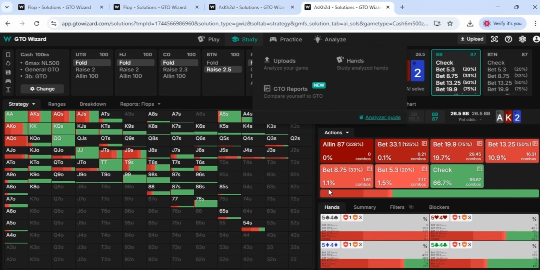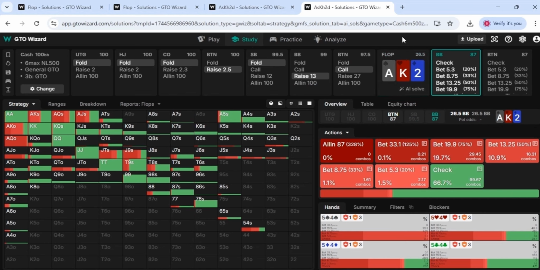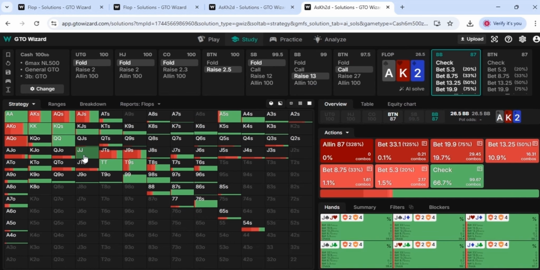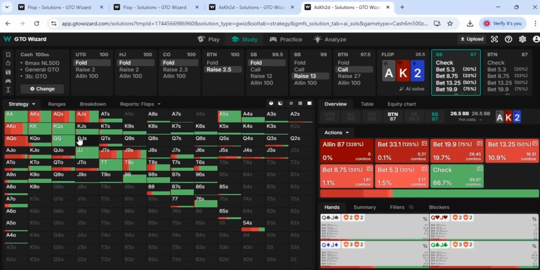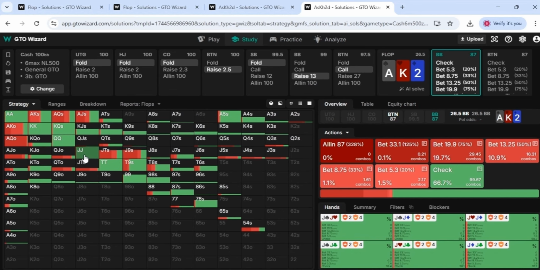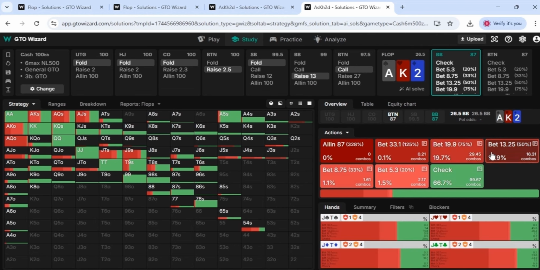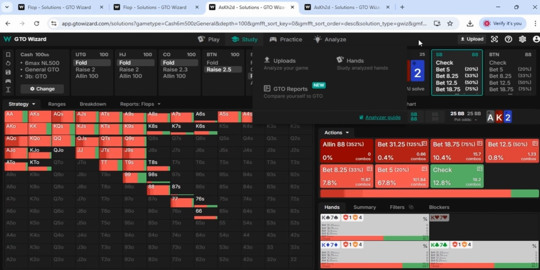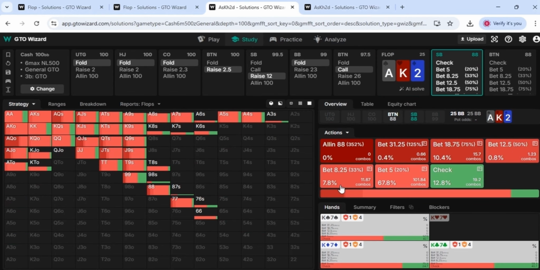Now, this is the best board to illustrate the differences in pre-flop. On an ace-king 2 board, hands like kings, queens, and jacks have no real reason to bet, because what do we know about the big blind 3-bet? It's a polarized range. When you have a polarized range, you bet less, but you bet bigger. When you have a linear range, like in the small blind 3-bet versus button, you bet more often, but you bet smaller. So two differences in strategies, and this really showcases the difference in pre-flop from a small blind 3-bet versus a